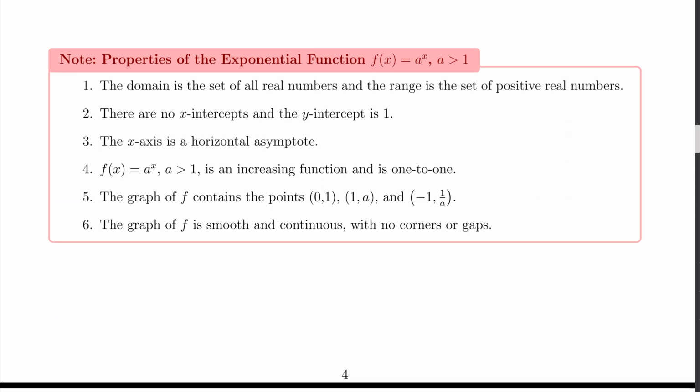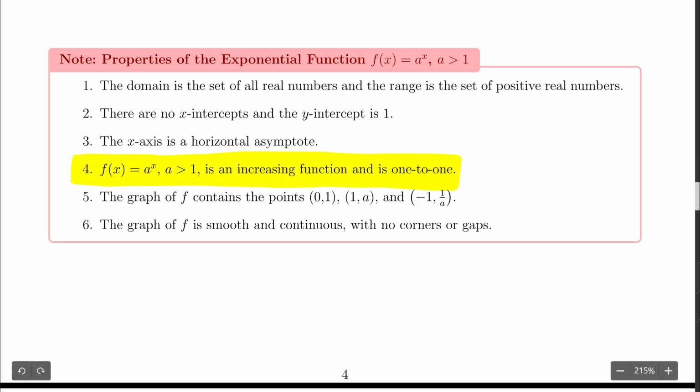The domain for both of them is all real numbers. The range is going to be the set of positive real numbers. They both lie completely above the x-axis. It has no x-intercept because it never crosses the x-axis. And they both have a y-intercept of 1. In both cases, the x-axis is a horizontal asymptote. The difference between the two